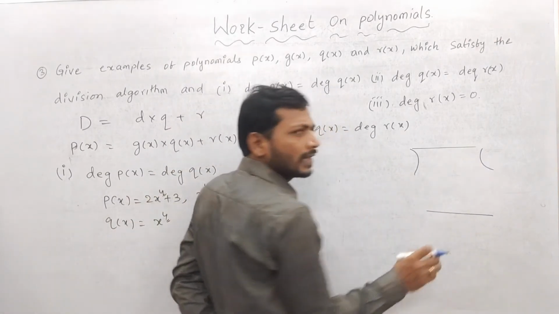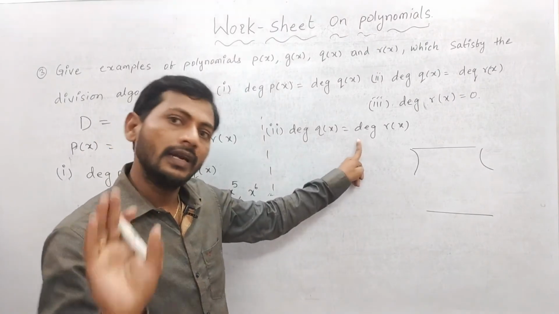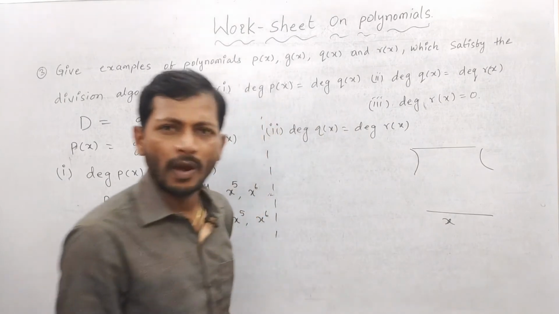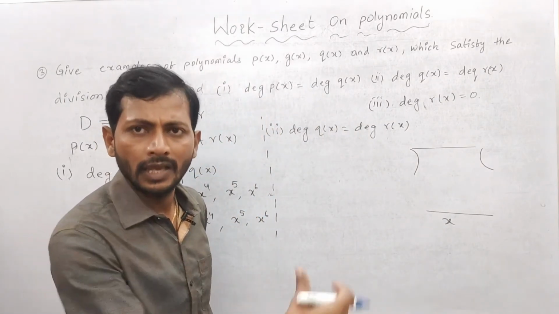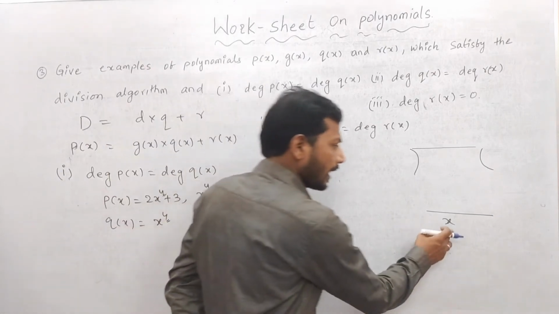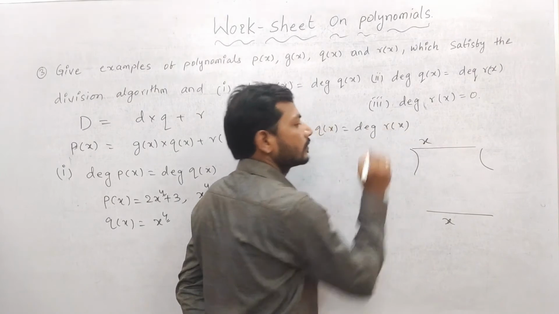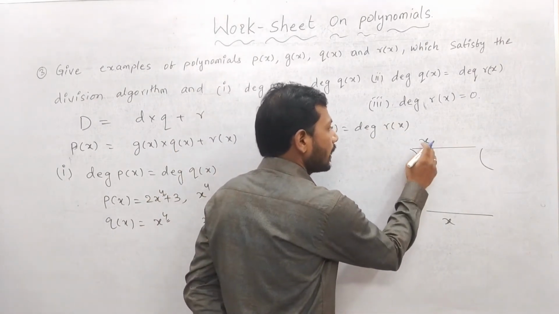Sir, the remainder generally is going to be a small thing. But does it have a degree or not? Degree is there. Then I am going to take x, a small number. Otherwise if I take x power 3 or x power 4, the thinking needs to be more. That's why I have taken x here. Then here also you require how much? Sir, the quotient also x.